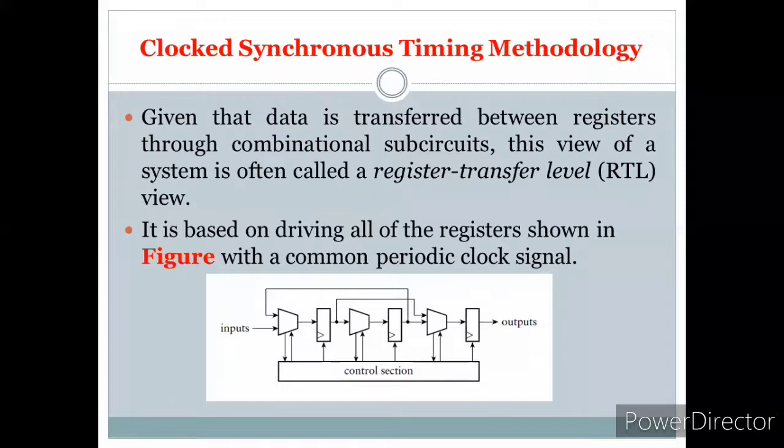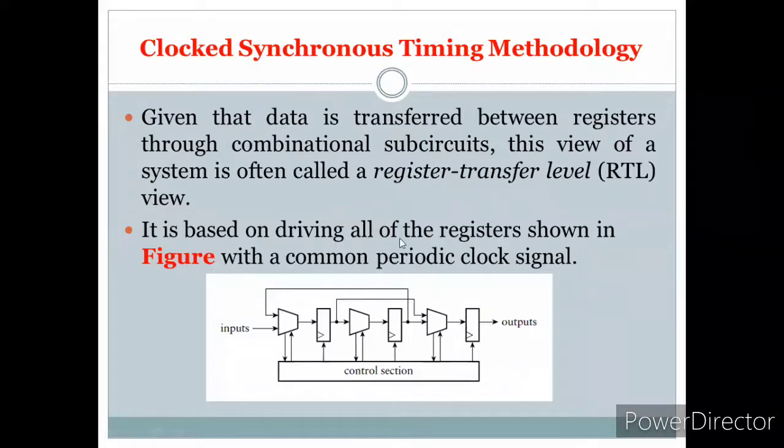Generally, when we write a program, whatever block diagram we have designed, according to that we write the Verilog or VHDL program, depending upon the language we choose. After synthesis, the circuit that is generated should match the required design. If that is met, we say that whatever we have designed at the register transfer level is correct.